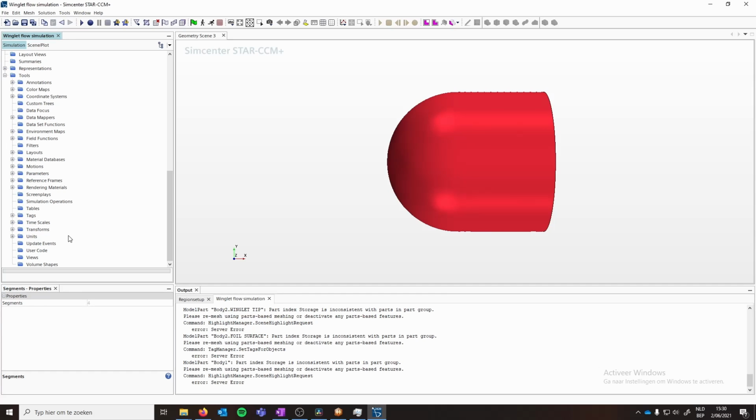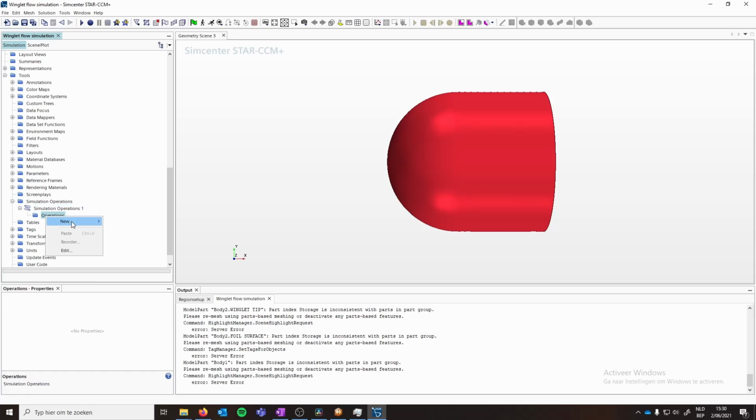Now, the second thing we have to do is to find a way to first solve the fluid physics and then solve the solid physics. We do not want those to run at the same time because that will increase the simulation length. So the way we do this is by making a new simulation operation. Add some operations so you can clear the solution, then mesh everything,